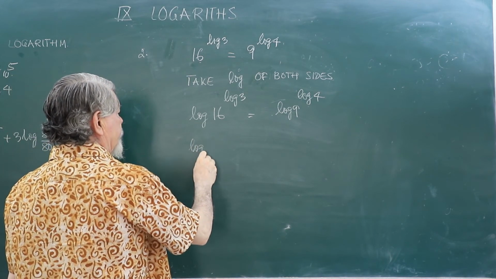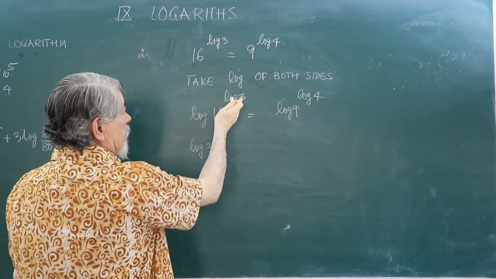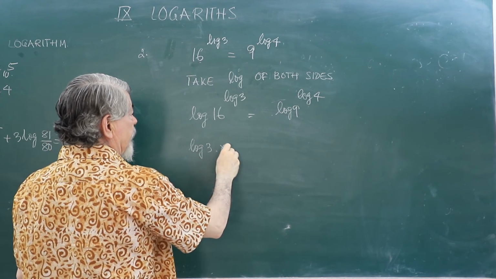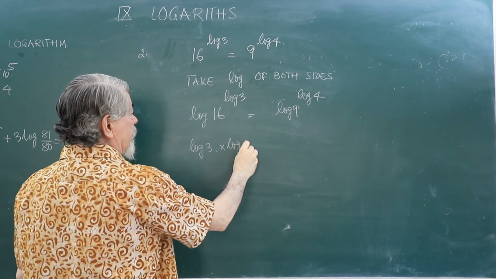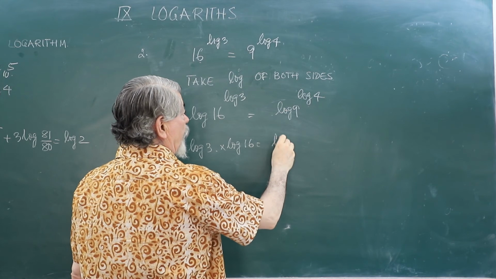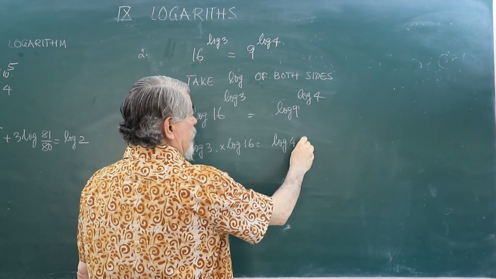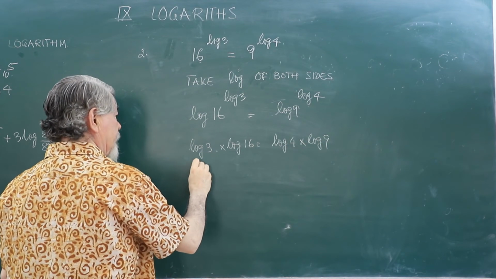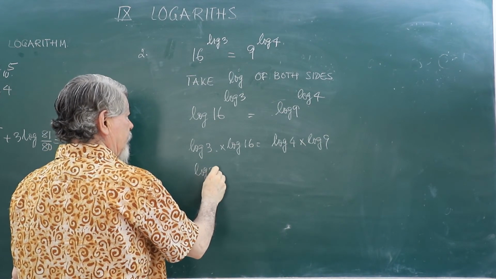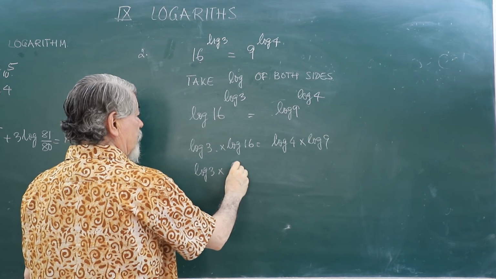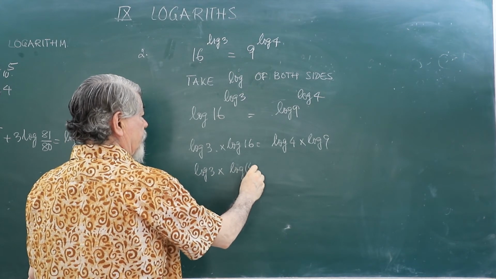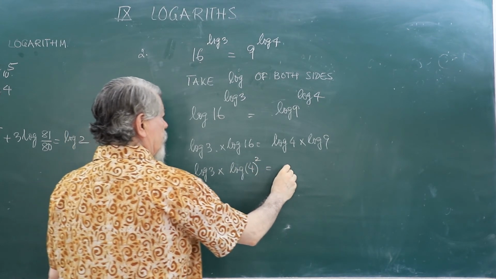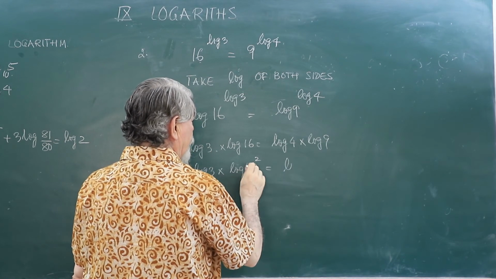Log 3, the power term will come in the beginning, into log 16 will be log 4 into log 9. Let us calculate both sides. Log 3 is here and this is log 4 to the power 2, or you can write 2 to the power 4